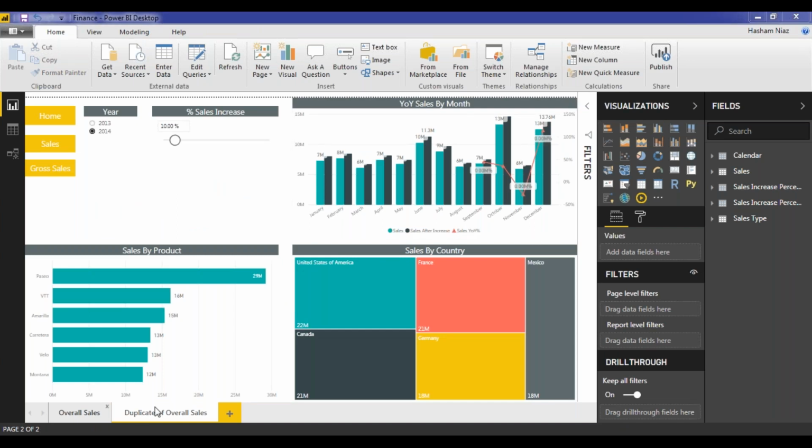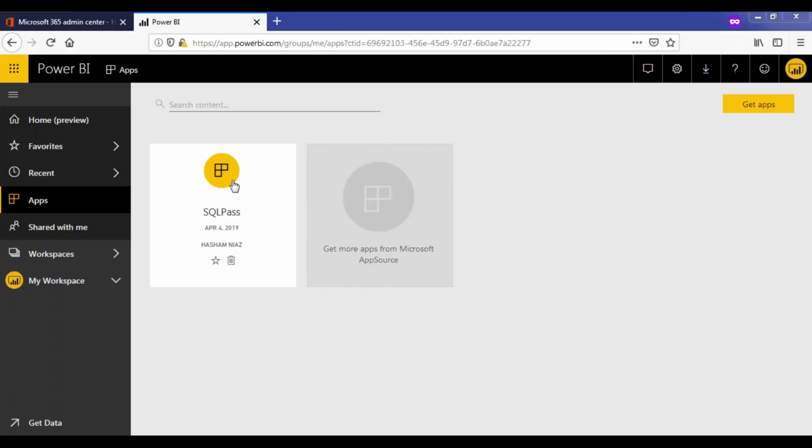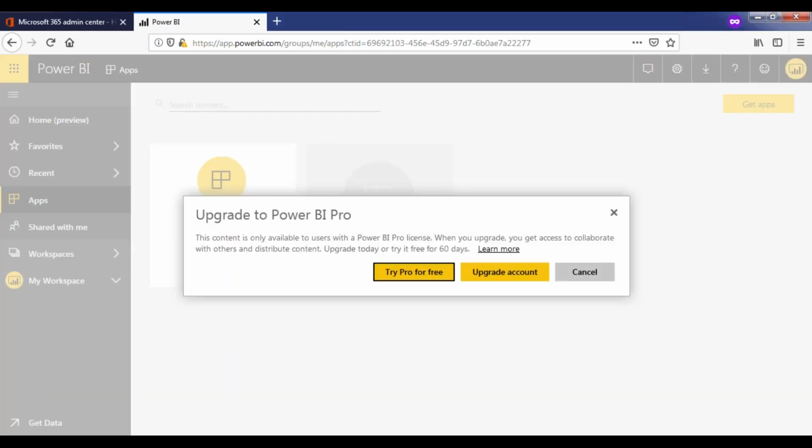Okay, now I have logged in with this other file. Let's see what the other user in my organization will be able to see. So I'm now moving to the Power BI file here. If I go to apps, look here, this is the app which I published called SQL Pass. If I click this,